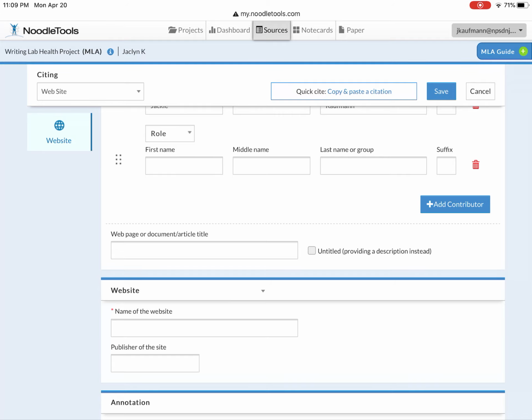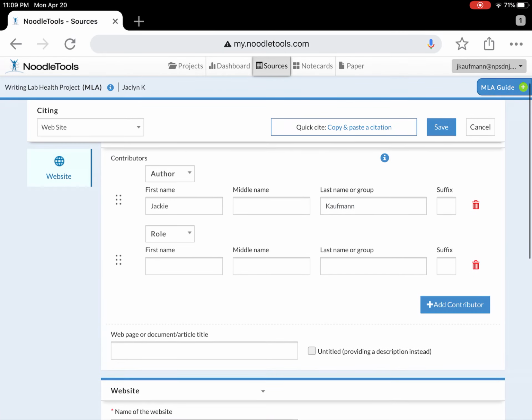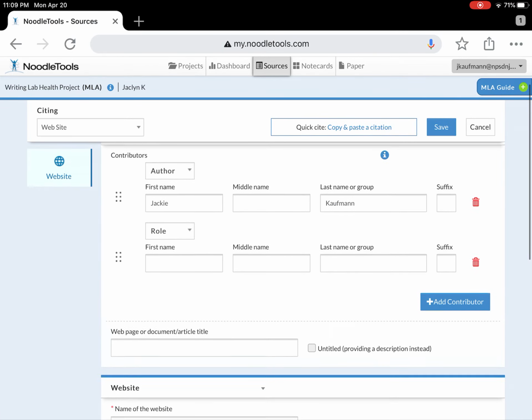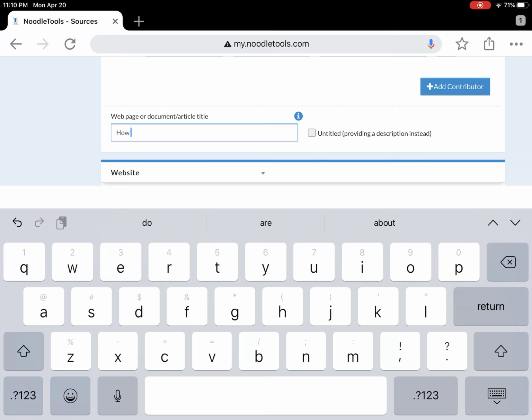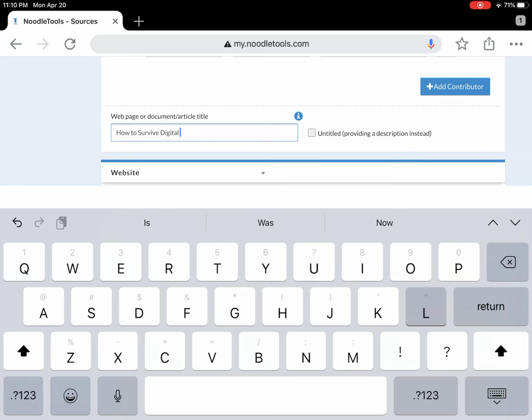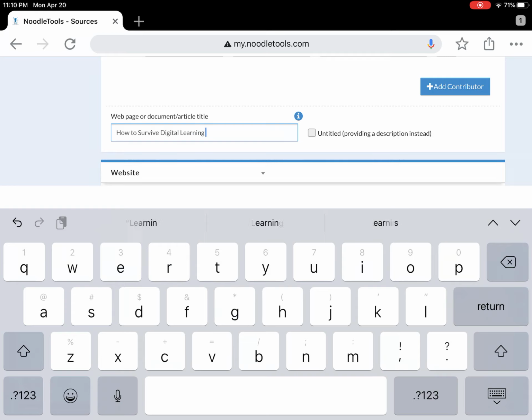Okay, now don't miss this one down here. Before we move on to website, it says web page or document/article title. So like I said, we're going to pretend that you wrote an article. So you're going to type this in: How to Survive Digital Learning in 6th